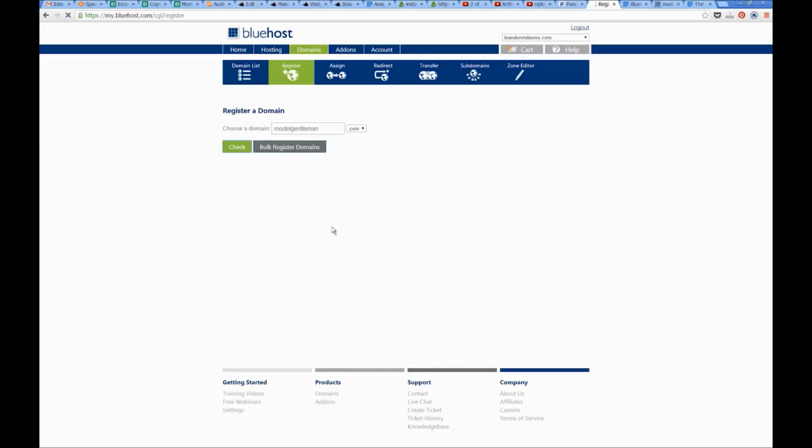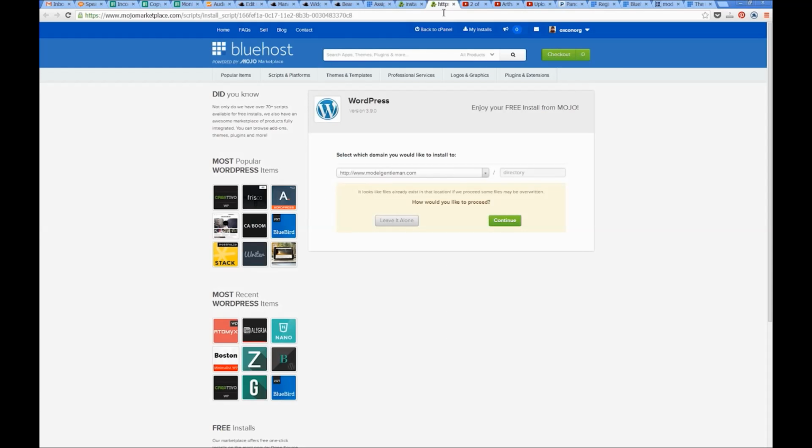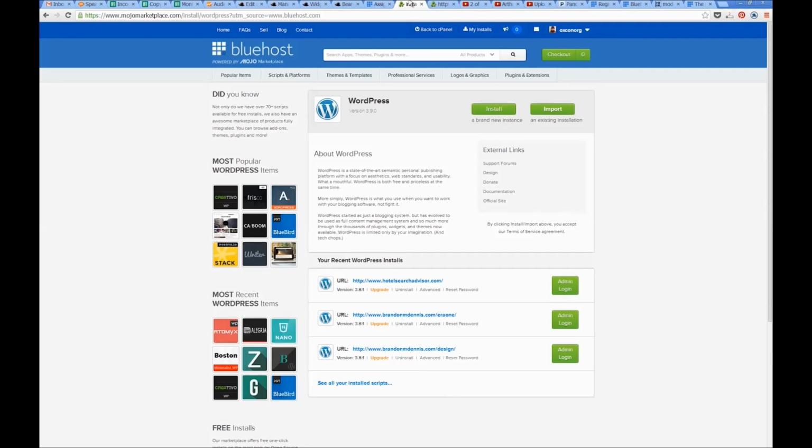You can't register a domain name that has already been registered by somebody else, but even if it's not available, they'll give you some handy suggestions. So modelgentleman.com is not available, and they give me a bunch of nice suggestions. But it's not available because I actually already own it. Yes, that's right, I already own it, and I'm going to show you how to install WordPress to this particular